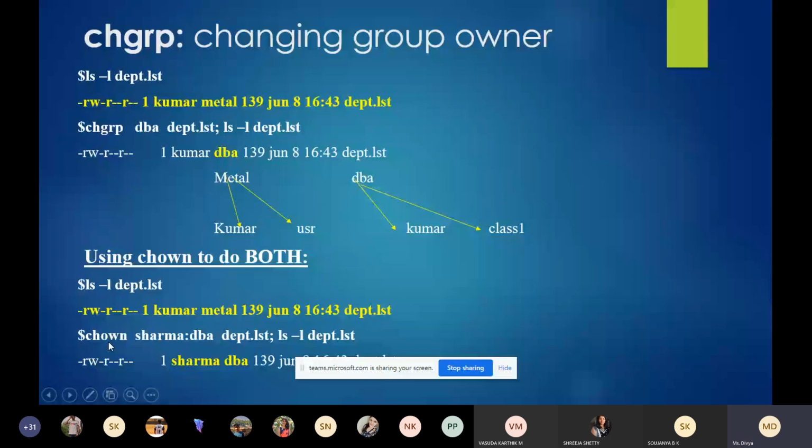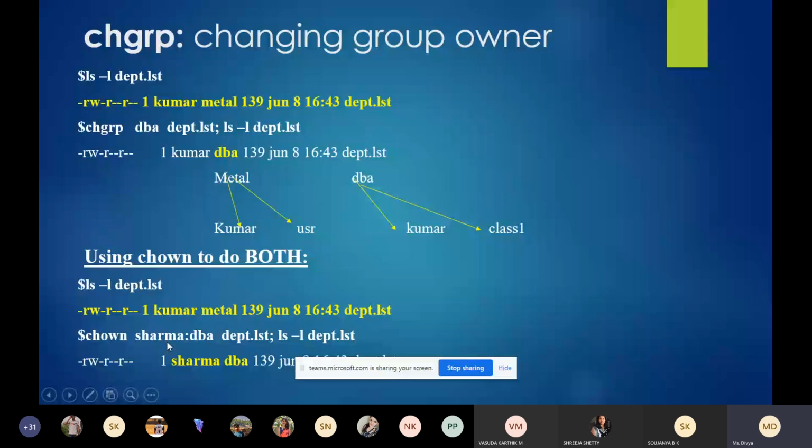The previous command itself we are using, the chown command, and after that write the name of the file owner. So here we are changing both the file owner as well as the group owner. The file owner we are changing from Kumar to Sharma, and the group owner we are changing from metal to DBA. So this chown command can be used to change both file owner as well as group owner.